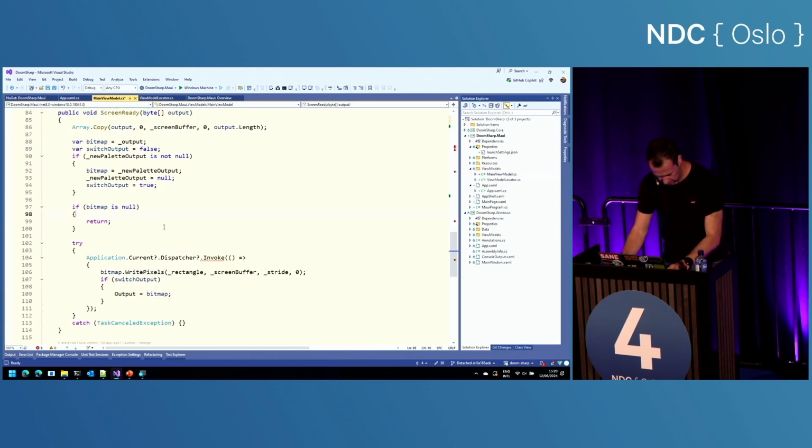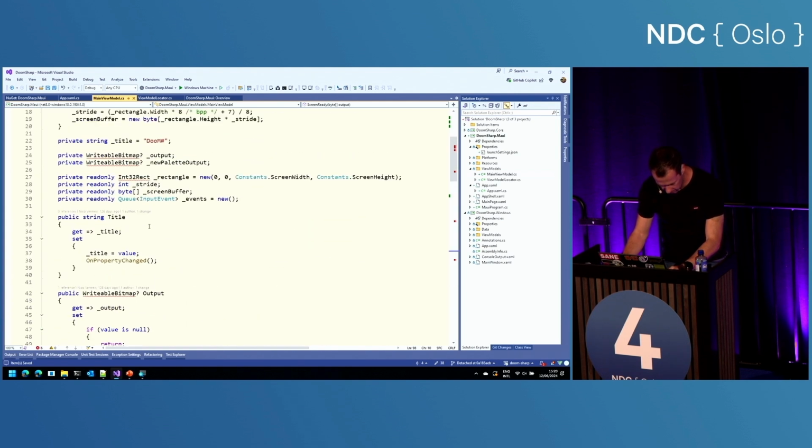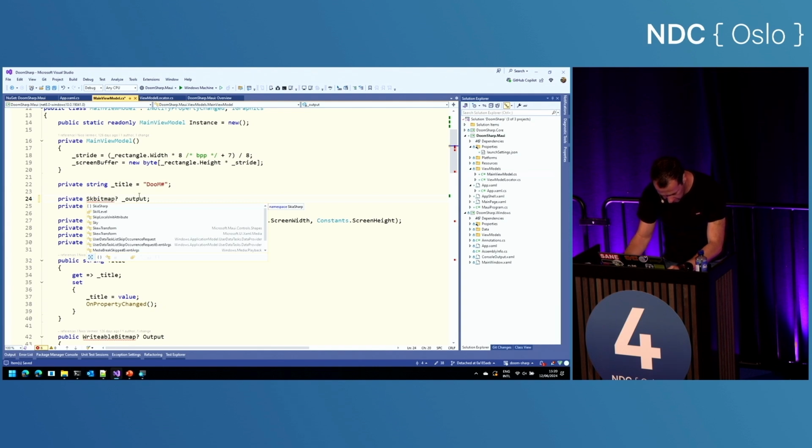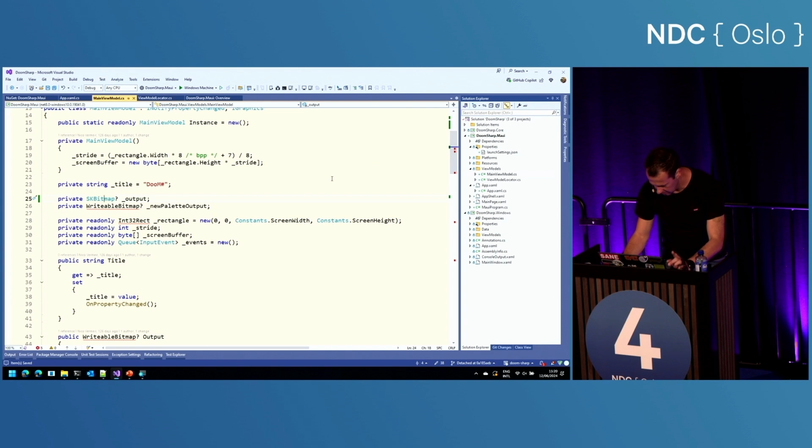Going back to the main view model, scrolling up a bit, I should be able to replace this with an SK bitmap. And add a using statement.